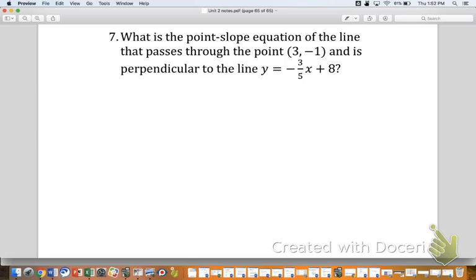What are the two things you got to have to write the equation or the graph of any line? Slope and a point. All right, so we're going to go for the slope and a point. And of those two things, what has been directly given to you? The point. What point does my line go through? 3, -1. There it is. Okay, so then my line, the one that I'm trying to figure out here, is perpendicular to